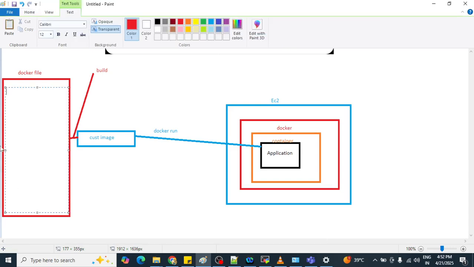Then we require the source code of our application. We require packages, we require dependencies, and we also need to give instructions.